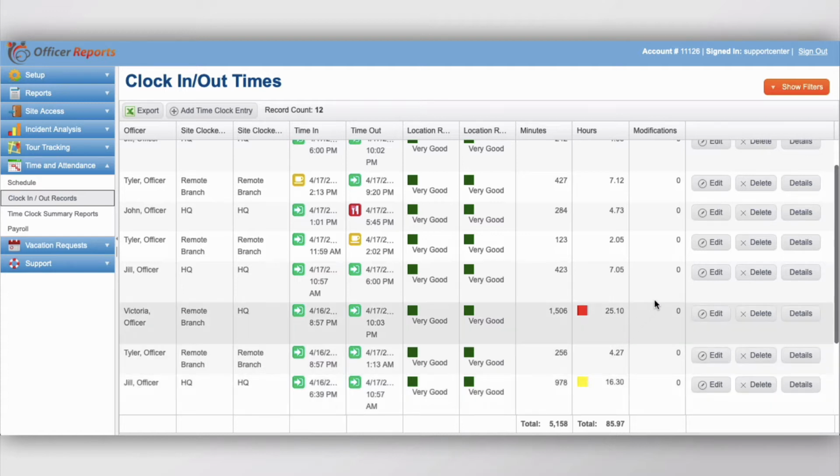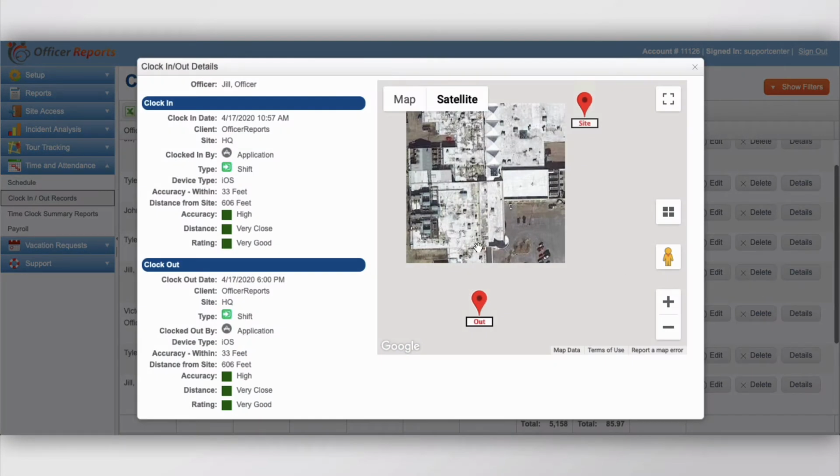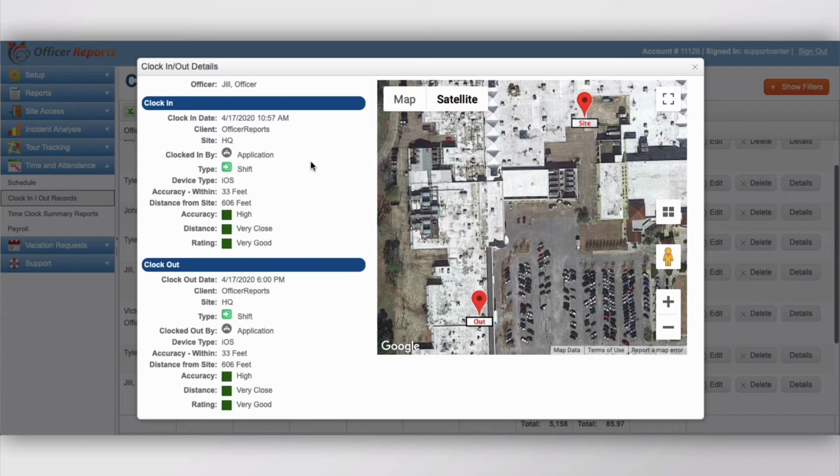If you want to see more information about the record, click on the Details button. In this window, you'll see a satellite overview of the site with in and out location pins to indicate where the officer clocked in and out. You'll also see the officer's name, date, client, site, if they use a mobile application or officer portal, the type, the device type they clocked in with, the accuracy the device reported to us, the distance from the center of the site,